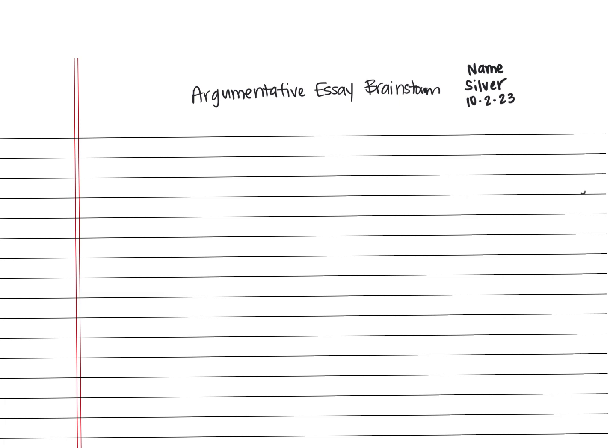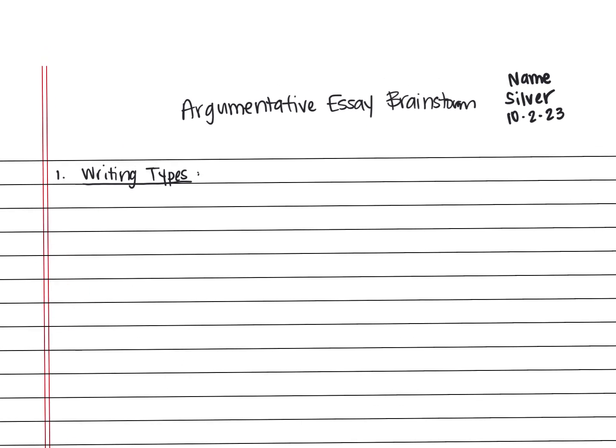So the first thing that we do, we list our writing types. So you're going to write number 1 at the top, and then writing types. You can go ahead and underline it. Now there are 3 different kinds of essays. Hopefully you know this by now. If you know what they are, you can start writing them. If you don't know what they are,